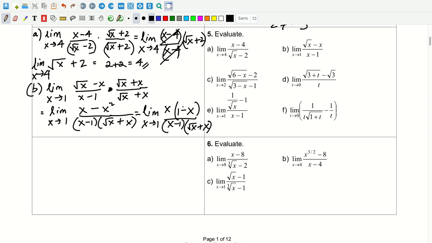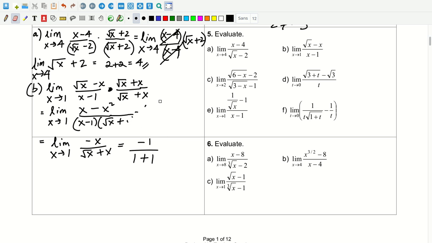This is the same situation as before. If we cancel this and this, they're opposites, so we have to put a minus sign. So in the end, we have the limit as x approaches 1 of negative x over root x plus x. We've got absolutely no problem plugging in 1 now. So we do it: negative 1 over root of 1, which is 1, plus 1, equals negative 1/2. And we're good. We're golden. So we just did part B, and now we're going to do a slightly harder